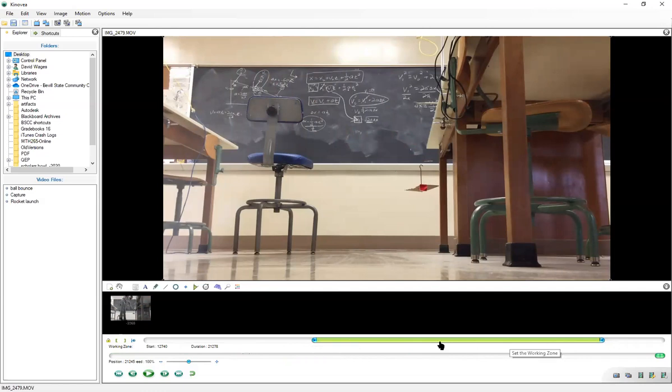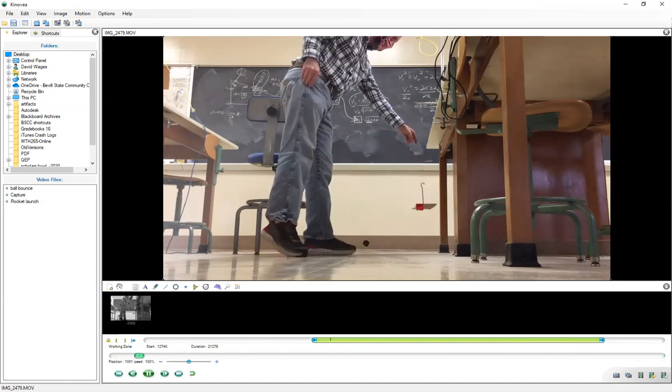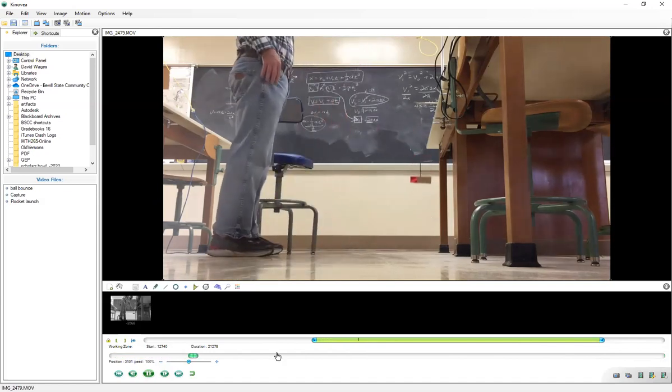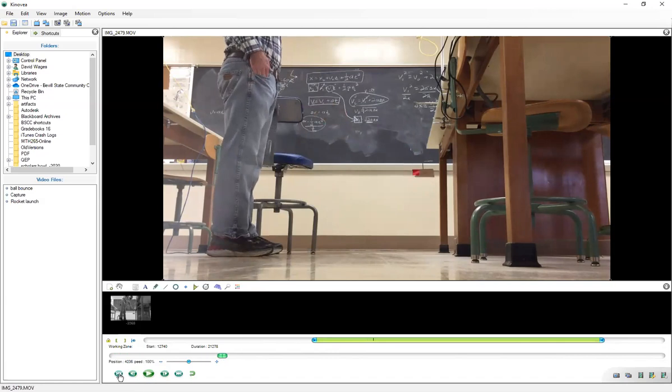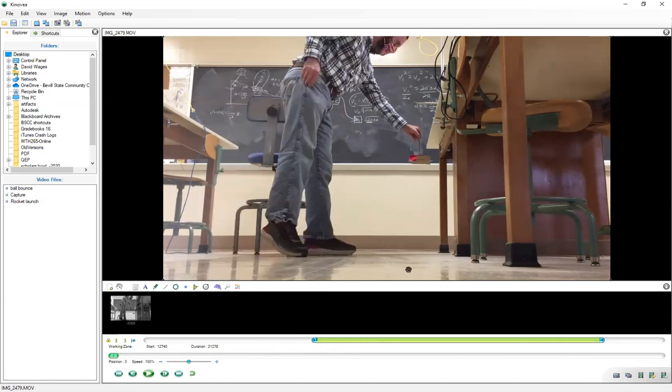Now notice these arrows are around the segment that we want to analyze. If I mash play, it only is going to play that particular part of the motion. Okay, so we want to track a specific point. If we just take our marker and put it right in the middle of the tape,